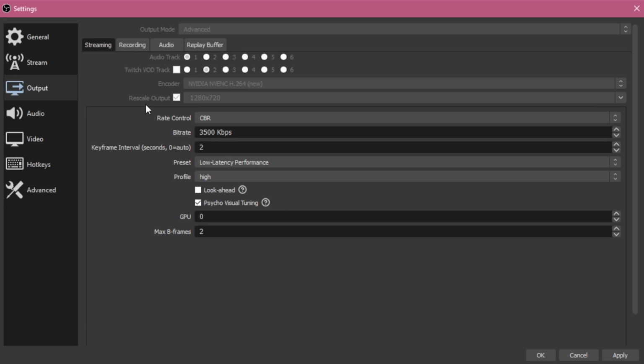Rescale Output. I didn't know this before, but I did some research before this second recording. This is for your stream settings. By default, it is set to the original setting for your normal output, which for me was 1920 by 1080p, but that means that OBS will be sending out a 1920 by 1080p stream or recording to Twitch, which means that it's using a lot more resources to send such a high